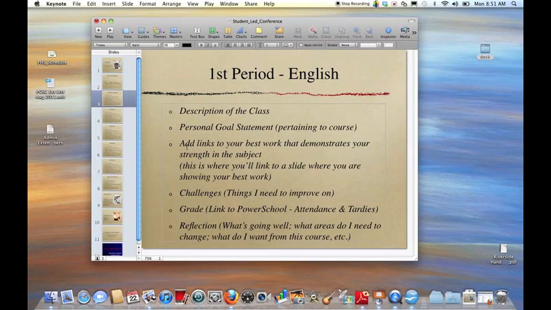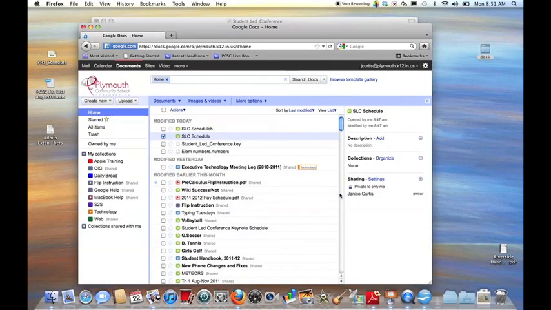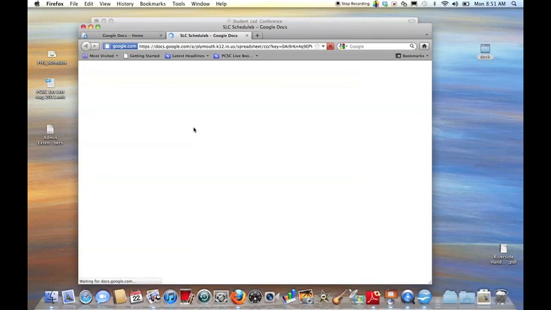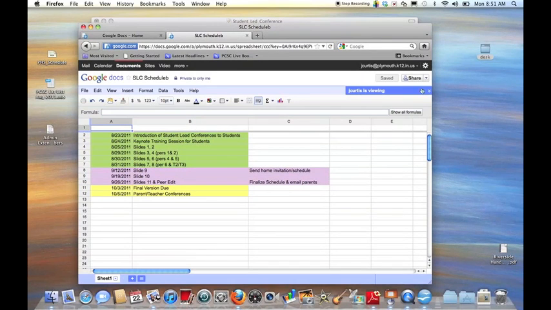Then you want to add a link to your best work. Now this might be not right away. You might do this a little bit later on when you do have best work, but here's how you do it. There's two ways I recommend. You can select the words that you want to link to. Say you have a document in Google Docs. I recommend opening up the Google Docs you want to link to,